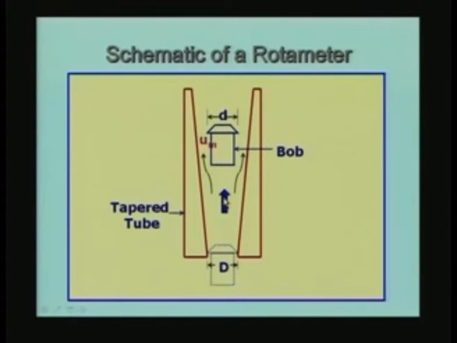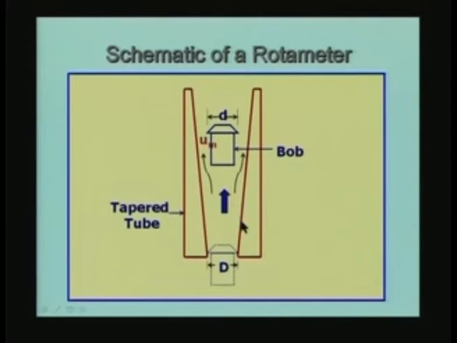You see here that if the flow rate is in this direction, we will see later that um is going to be a constant value, because the drag force, the weight of the bob and the force due to buoyancy must always be in balance, and this will be for a given value of um. The um gets fixed because of that, and what is changing here is only the area available for flow, that is the annular area surrounding the bob.